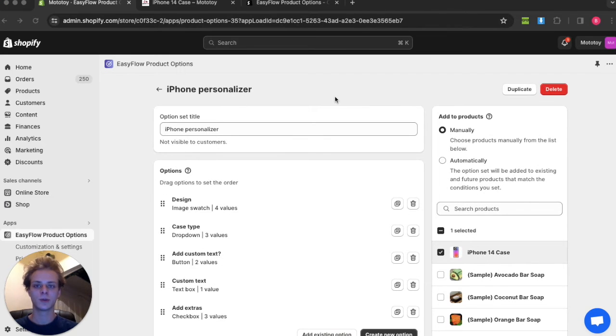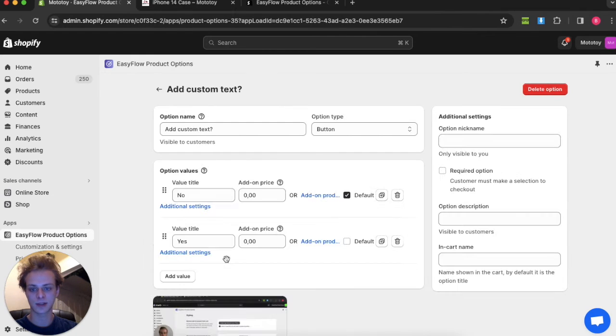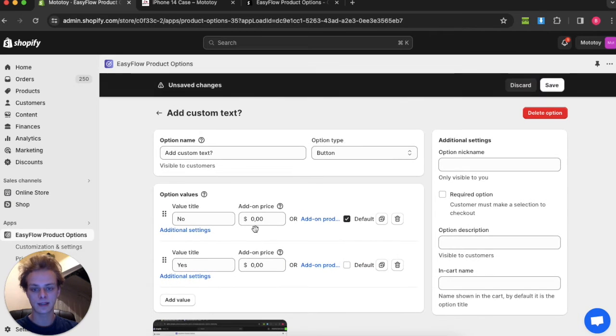Now I will show you how to create price add-ons to charge extra if the customer selects a specific value. To do that, first open the option where you want to have price add-ons. Then you will have two ways to create a price add-on. The first one is to just specify a price here in the add-on price field. In that case,